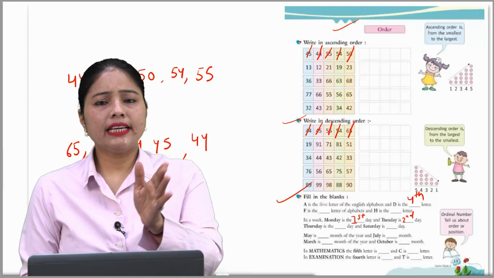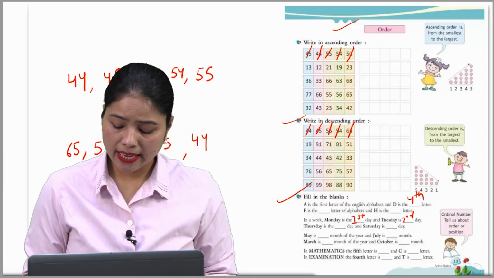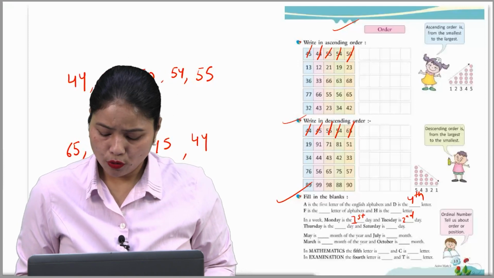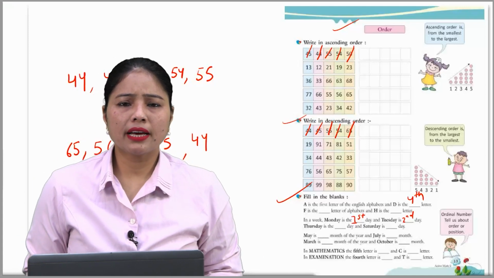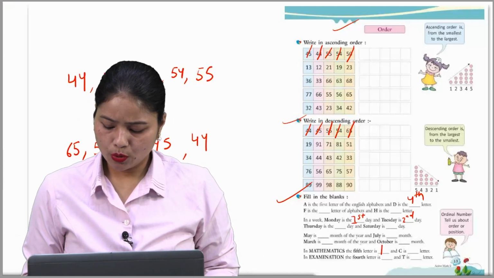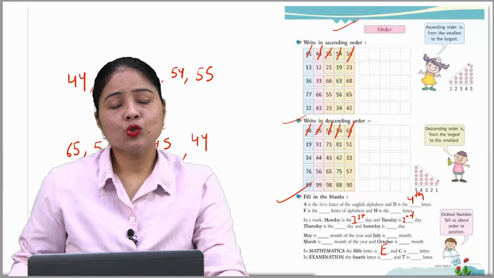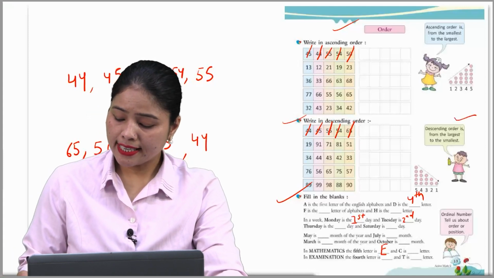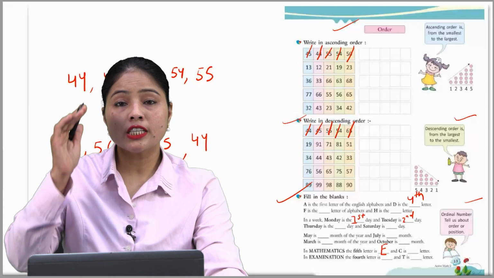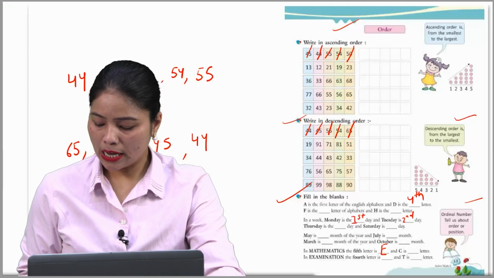Okay, similarly in mathematics, the fifth letter is, mathematics में fifth letter कौन सा है? Fifth letter. So first, second, third, fourth and fifth. तो fifth में है हमारा E. So write it E. Okay, first, second, third, fourth, fifth. This is how you fill the other blanks too, beta. Okay, so this is a note, like descending order, this is ordinal number. You just read that notes too. Okay, I hope you understood. So now move on, beta.